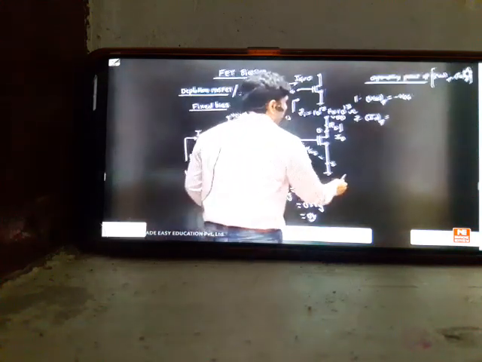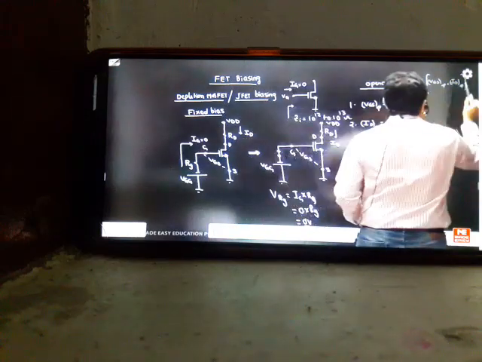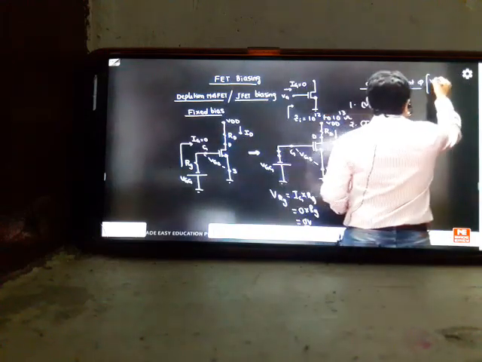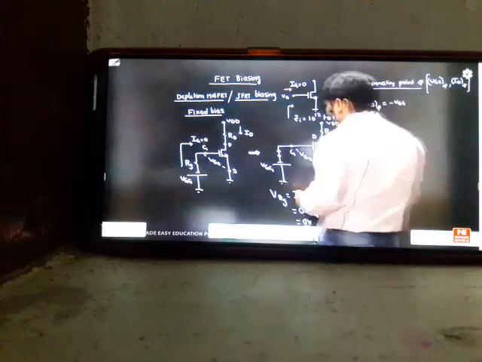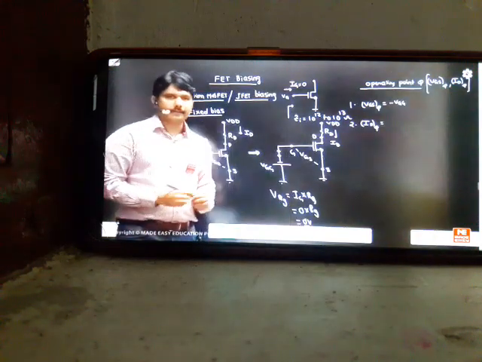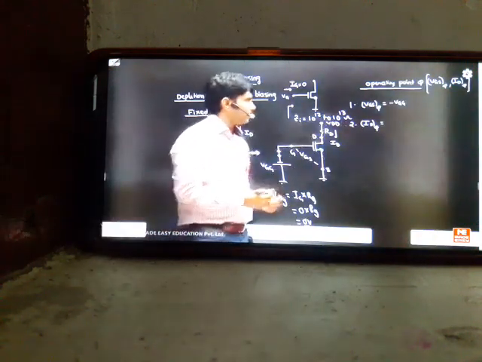I think this one is not clear for you. I'll write it again. I've written VGSQ comma IDQ, operating current and voltages. In MOSFET, the operating voltage is VGSQ. The operating current will be IDQ in the class. Okay, VGSQ I found, IDQ if you want to find,